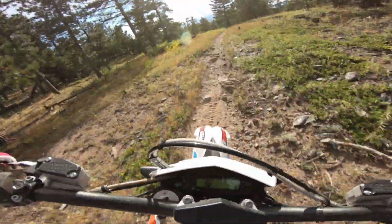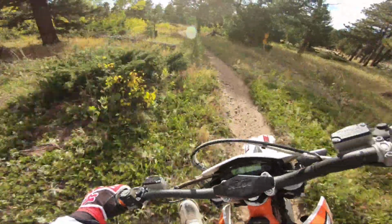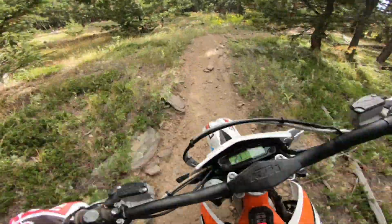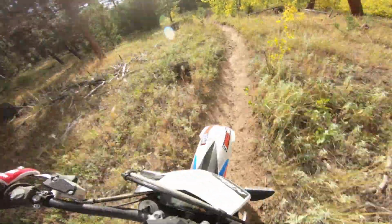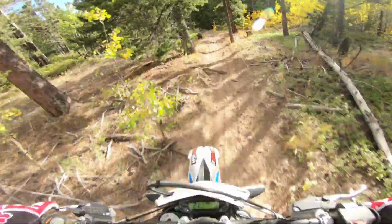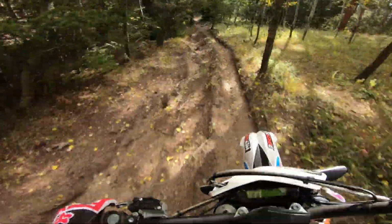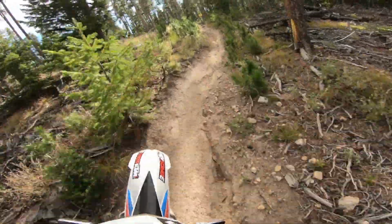So another cool thing about this bike is that the battery is interchangeable. And in Europe, they have an option where you can actually lease the battery for, oh, there's the brake again, I want to say like 30 or 40 euros a month, which is kind of cool. The thing that's not so cool is that because they're not really supporting the US right now, if you own this bike in the US, you don't have that option. To be fair, you can still buy the battery and just own it outright here in the US. But